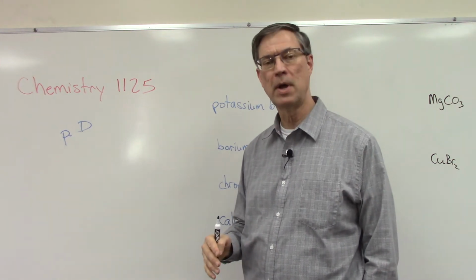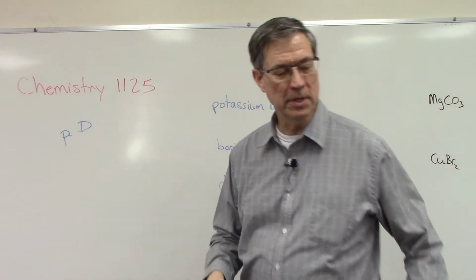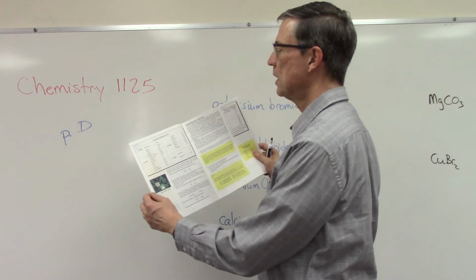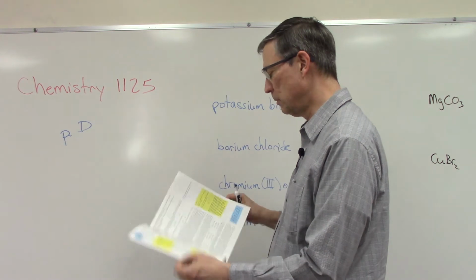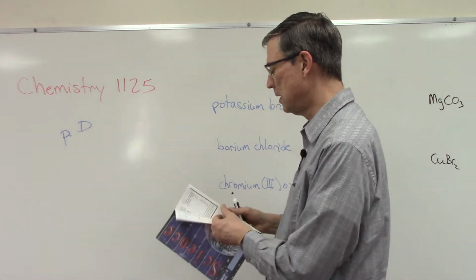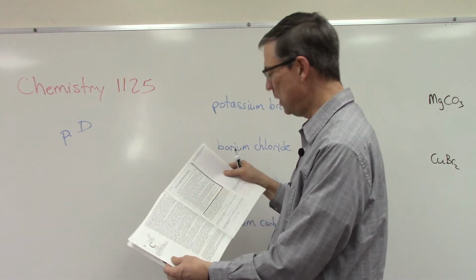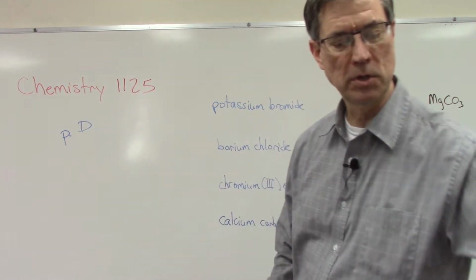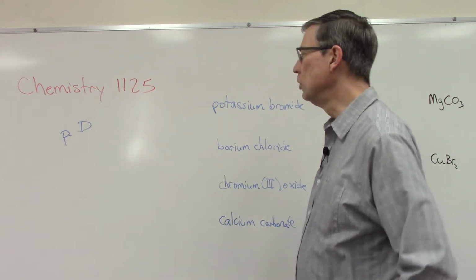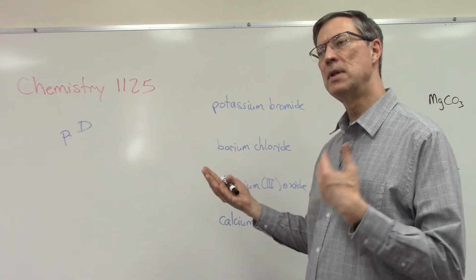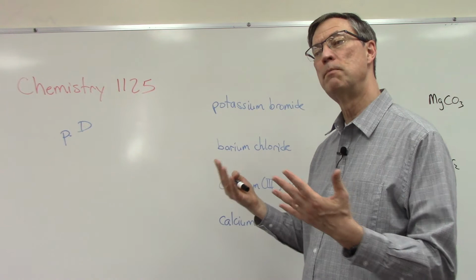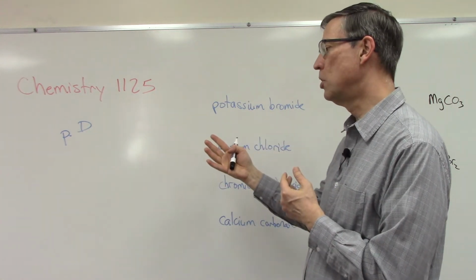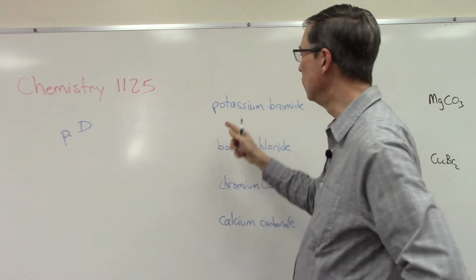You will need your periodic table for these, and then on the top of page 6 we have some of the common polyatomic ions. It'll be important that we use that. And then as well here on page 9 are the rules for assigning oxidation numbers. The big rule is that the positive and the negative oxidation numbers have to balance out. So we have to have the same positive charge as the negative charge for any